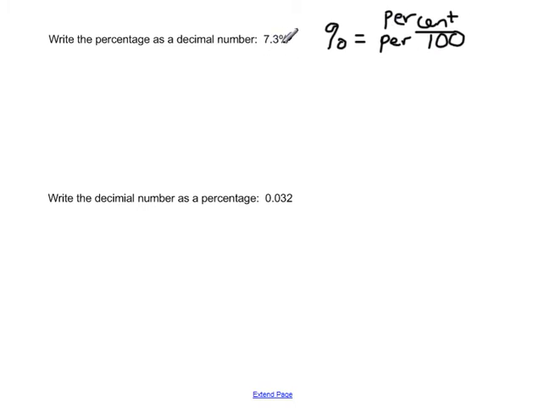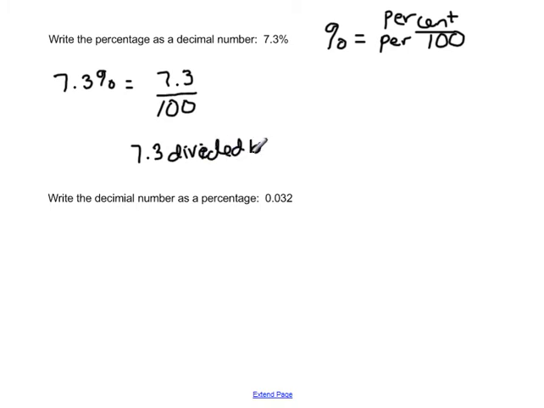So when we see 7.3%, we can rewrite 7.3% as 7.3 per 100. Now this looks a little bit weird to have a decimal in something that looks like a fraction, but remember this is also just a way of saying divide. This is like saying 7.3 divided by 100. And when we divide by 100, what that means is that the decimal point will move 2 places